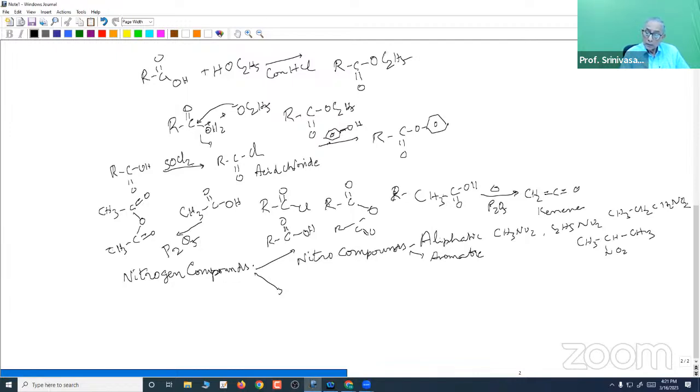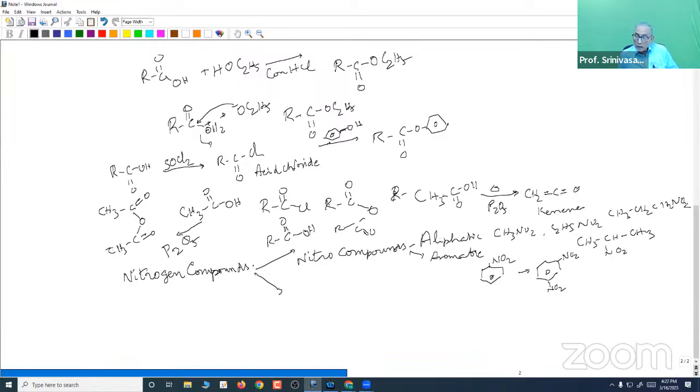Aromatic nitro compounds are of greater importance because of their versatility. So many different aromatic nitro compounds can be prepared compared to the number of aliphatic nitro compounds. The aromatic nitro compounds, the most common example is nitrobenzene. And with this nitro group on the benzene ring, you can have dinitrobenzene,